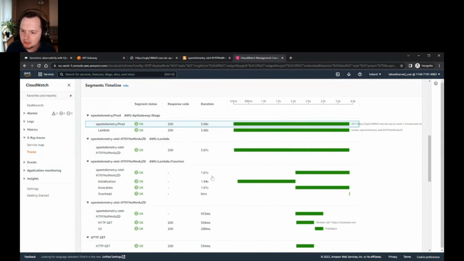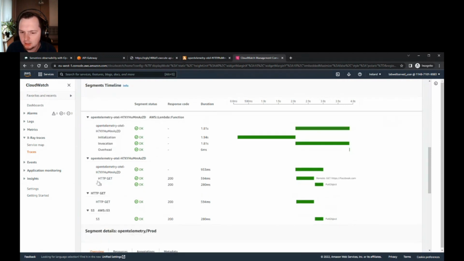Now the Lambda function, instead of those 12 seconds, was under 2 seconds, and almost 2 seconds was taken by the initialization, and almost 2 seconds was the invocation, where scraping Facebook was half a second and S3 was 280 milliseconds writing to the S3 bucket.